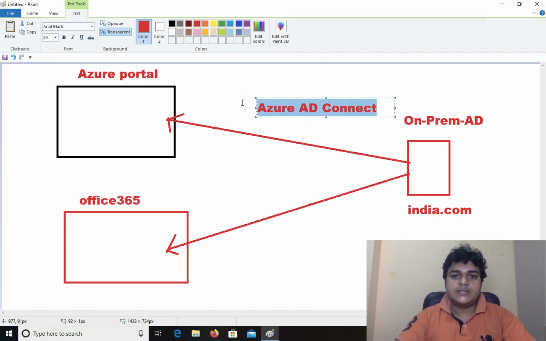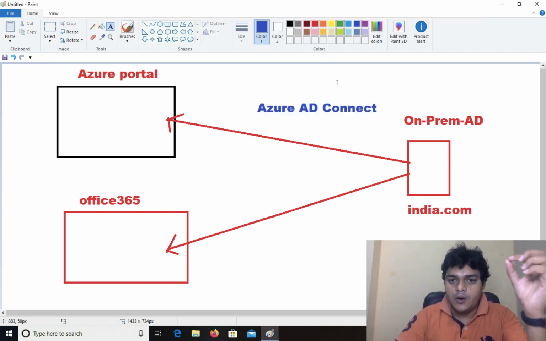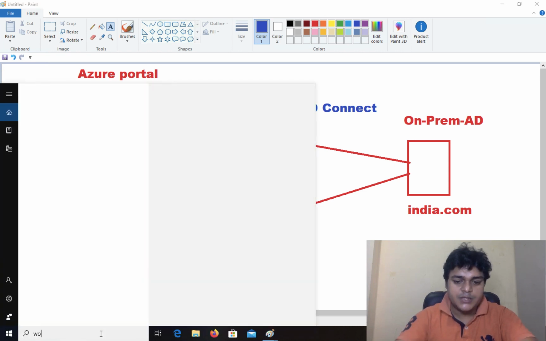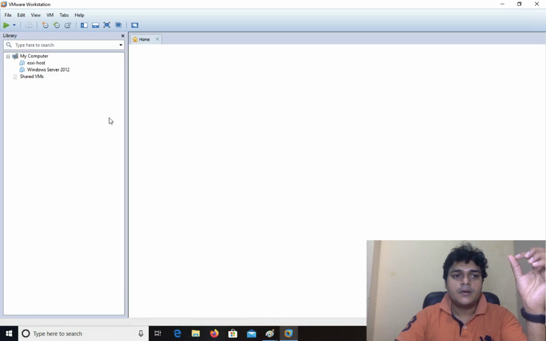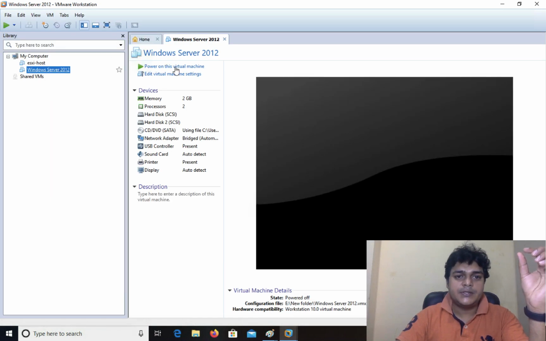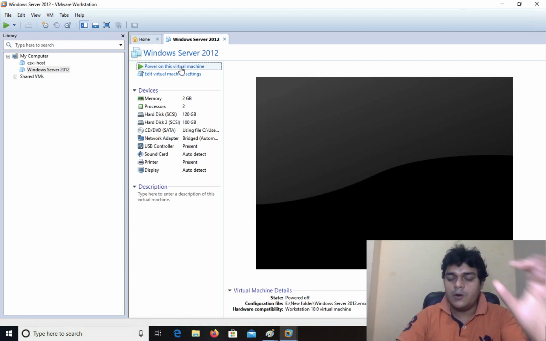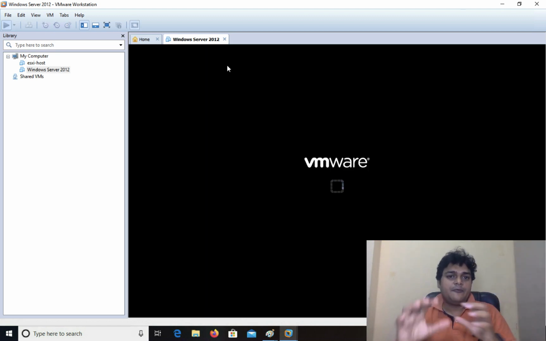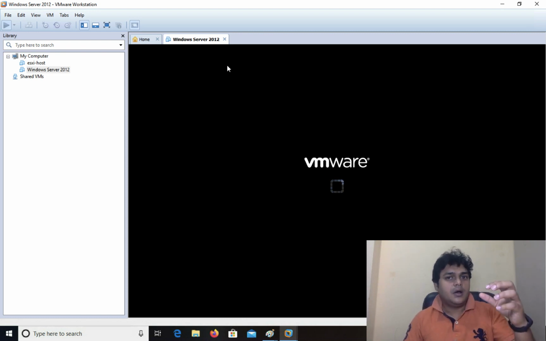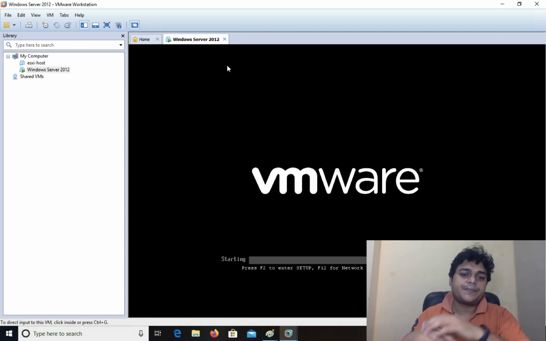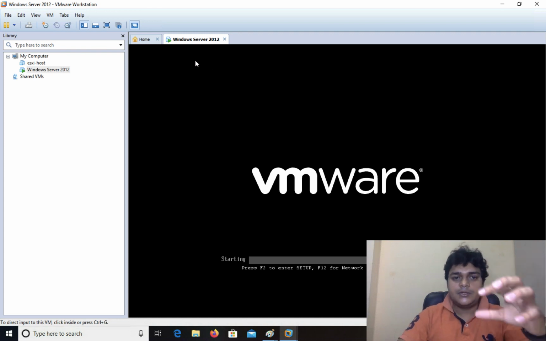So for this particular practical, what do we need to do? We need to open our on-premises Active Directory that I installed on my workstation. So I'm going to open my workstation. This is the Server 2012 operating system. Turn on the Server 2012 operating system that you installed on-premises. It may be a base machine. For practice purposes, I installed my Server 2012 and Active Directory using the workstation. So first of all, we just need to log in to it.